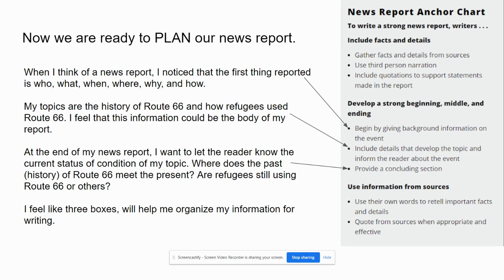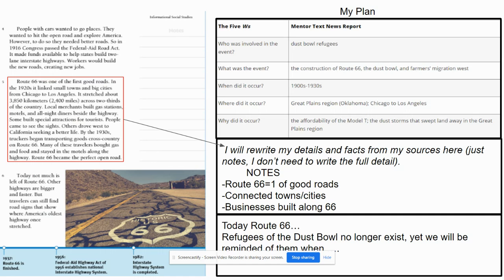So thinking about the information I have to use to write my news report, I believe boxes, like a beginning, middle, end, like we've used with a narrative, I think 3 boxes would help me plan and organize and sort all of this information I have for a news report. Here are 3 boxes on the right side of your screen, and I labeled it my plan.